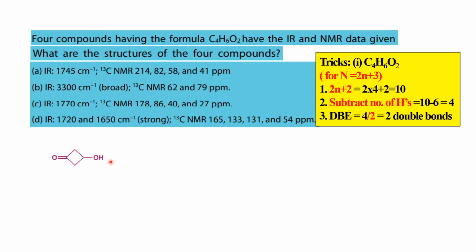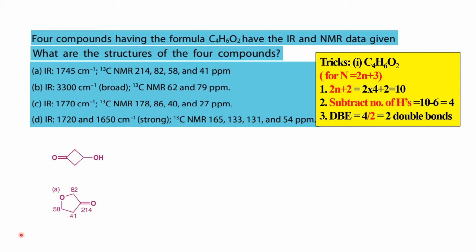One thing. And the second thing, for OH, there is no higher frequency for that OH also. So what may be the compound is, see here, C double bond O is there and another O which is attached to the carbon atom. And this 41 shows it is attached to the carbonyl group, C double bond O. Always when the carbonyl group is attached, it comes nearly 40. And this 40 shows that there is no electron withdrawing group attached. It's below 50. That's why there is no electron withdrawing group attached to this carbon atom.